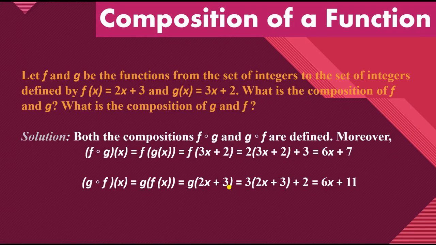Okay, so this is the way we write the composition. एग्जाम्पल की तरफ आएंगे. ओके, अब इस एग्जाम्पल में वो हम लोग से कह रहे हैं let f and g be the functions from set of integers to set of integers. Set of integers to set of integers हमारे पास दो सेट्स हैं और f और g जो हैं वो दो functions हैं. That is basically f of x is this one and g of x is this. So how can we write the composition of f and g?